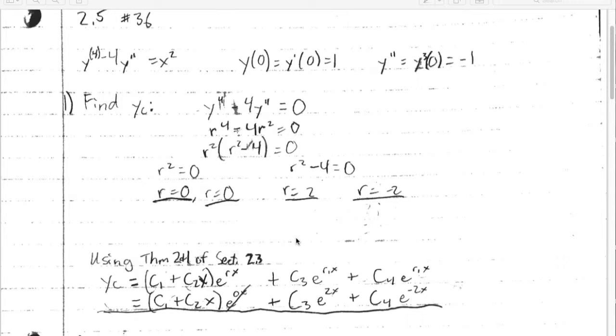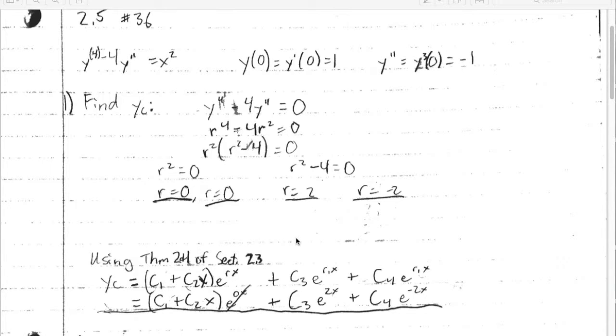So moving down, using theorem 2 and theorem 1. First theorem 2, that's for duplicates. So if there's duplicates, that part of the complementary solution is c1 plus c2 times x times e to the r value times the x. That r value is 0, so that's going to cancel out and just be a 1. And then as well, you're going to add